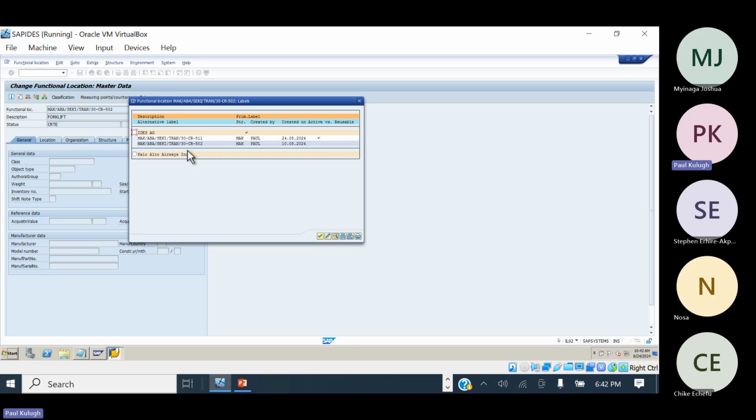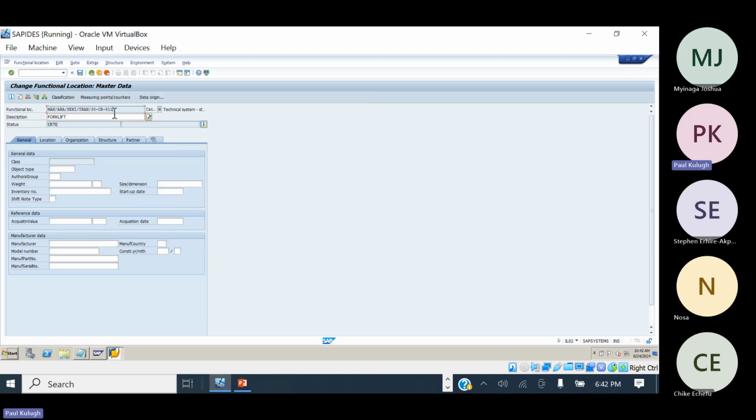So you can even change between them. If tomorrow you don't want to use this label again, you can switch back to this one. But for now, because this is ticked, this is the active label. So you click on continue, and you see immediately this label will change here. So you have changed a part of the node in the whole structure. Okay. So if you save this now,